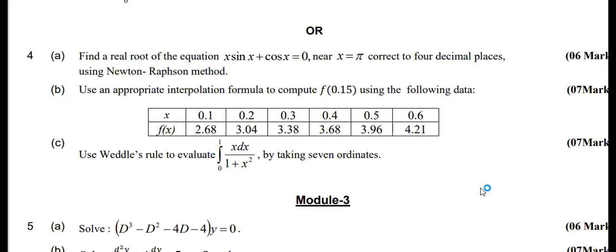Okay, written. Now just see the table here. Usually when we have a table given, we divide it into how many parts? Two parts. So what is the midpoint? You can say from 0.2 to 0.6, maybe 0.35. So this line is like a bifurcation where we have three values on this side and three values on this side. Now 0.15 lies in the first half or the second half?